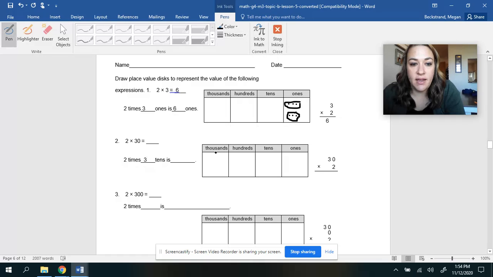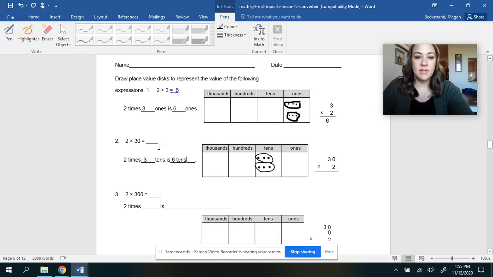2 times 3 tens. So I'm going to show 3 tens. 1, 2, 3. But I'm multiplying that by 2, so I need 2 groups of the 3 tens. 1, 2, 3. And then we can circle that to show our groups. So here's my 1 group of 3, 2 groups of 3. What does that give us? 3, 4, 5, 6 tens. 6 tens would give us 60. Okay,